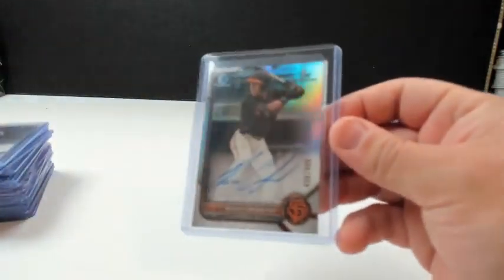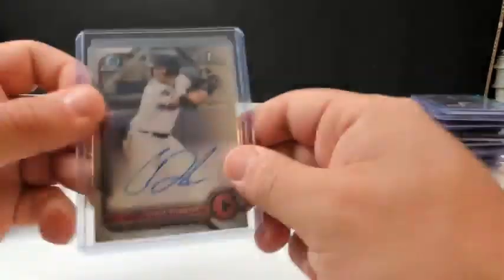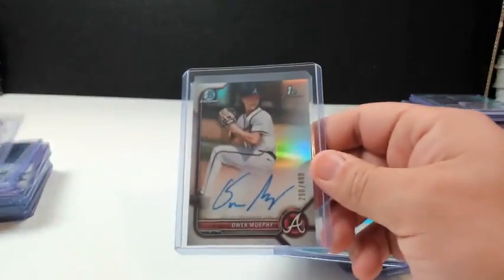Alright, now let's do the autos. It's like starting lineups. Those are the bench players. Here's the autos. Reggie Crawford refractor, Zach Neto base, Jace Jung with a blue auto, Tucker Toman purple, Sean McClain true gold, Eric Brown class of 22 redemption, Chase DeLauder base, Reggie Crawford base, Trevor Martin aqua wave, Owen Murphy to 499, Pintar to 71, DeChara true blue to 150, Justin Boyd base, Dominic Keegan base, Trevor Martin base, Sonny